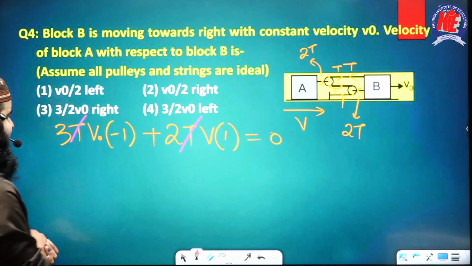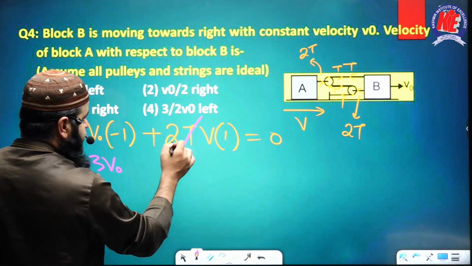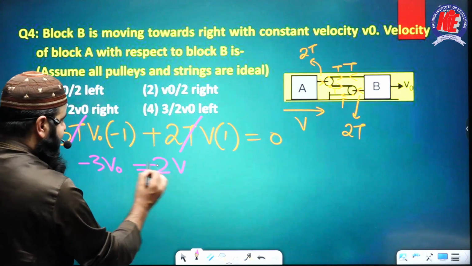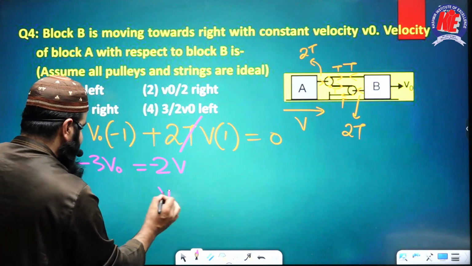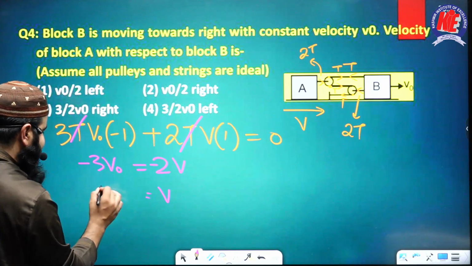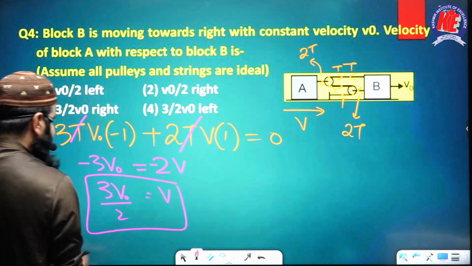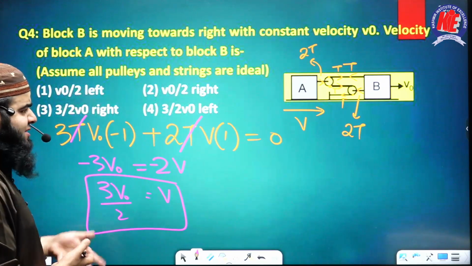तो यहां से आप देख सकते हैं यह आएगा -3 times v naught and 2 into v is 2v, वहां पे लाओ तो plus 2v बनेगा, in fact -2v बनेगा वहां ले जाके. The target for you people is v first, so v will be equal to minus and minus can be neutralized, that is 3v naught upon 2. This everybody will be expecting, या majority will be expecting this answer, but ये आपका आंसर तब सही होता जब